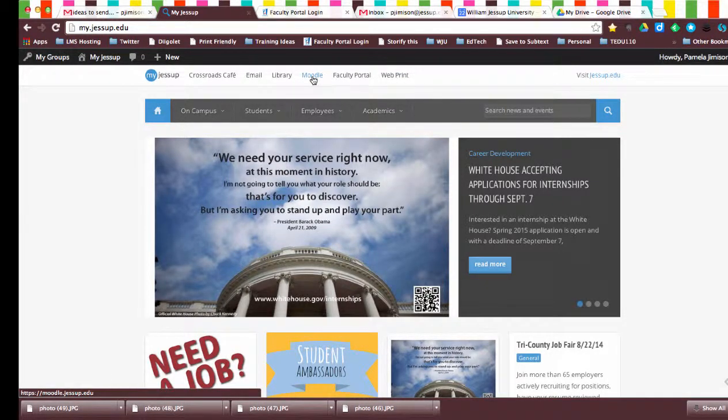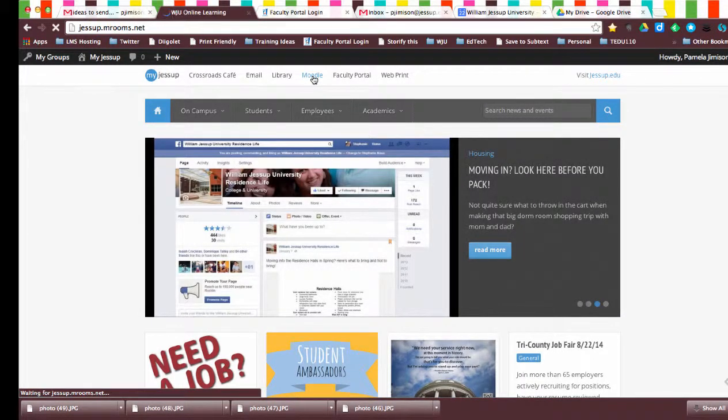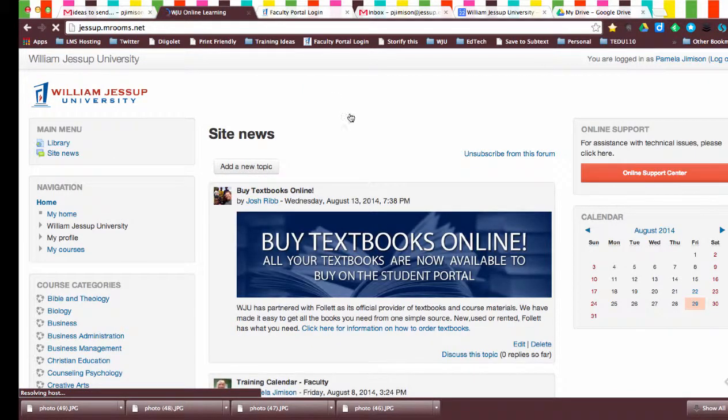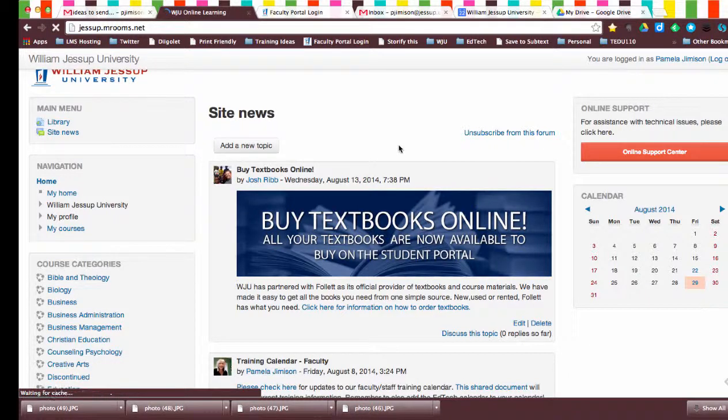Next, we'll look at Moodle. Moodle is our learning management system. In Moodle, students can turn in homework, check their grades. You can place links for discussion posts, what you're doing each week, and it's a great way to connect with students 24/7. When you go to Moodle, let me go ahead and log out so I can show you what